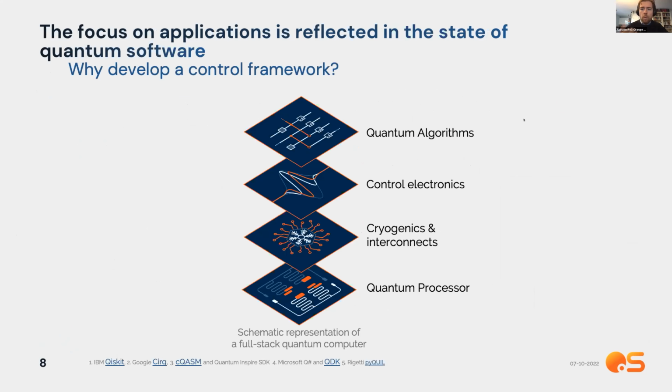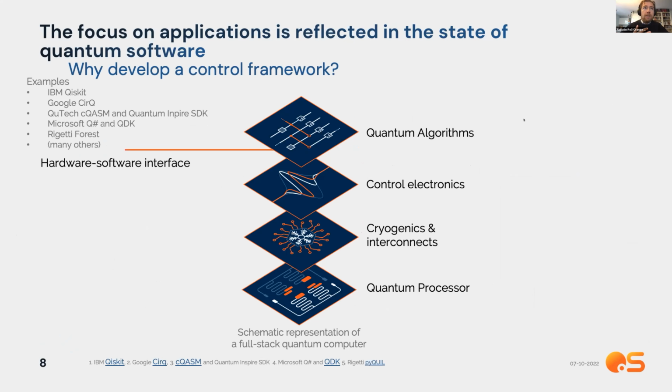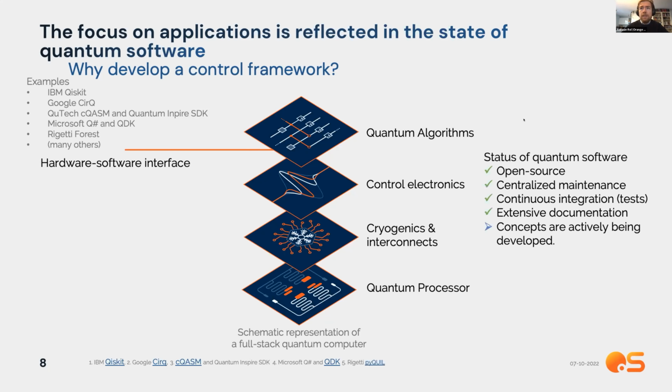So why did we develop Quantifer? I think that if we're looking at quantum computing, whenever people are talking about software, there's an awful lot of focus on the applications. And this has resulted in a very wide set of publicly available open source frameworks. These are the ones I'm most familiar with, which might be a bit my personal bias, but there's quite a lot. They're quite mature, they're quite well maintained. So this is pretty excellent and great.